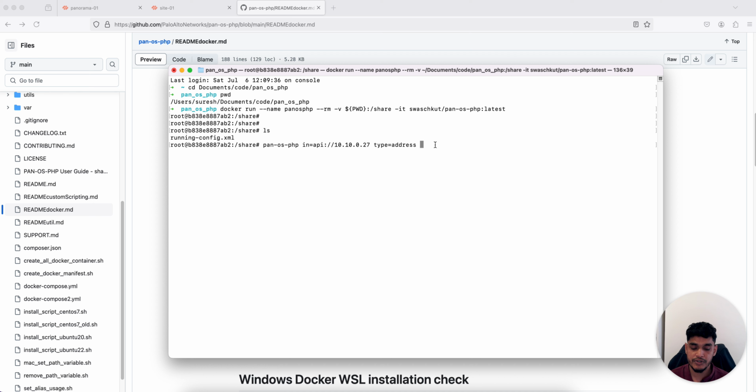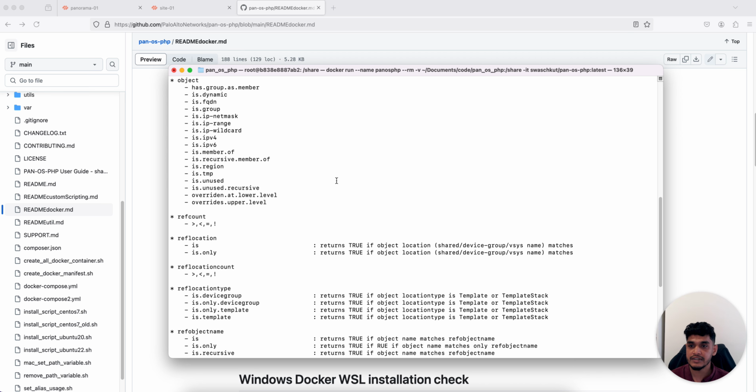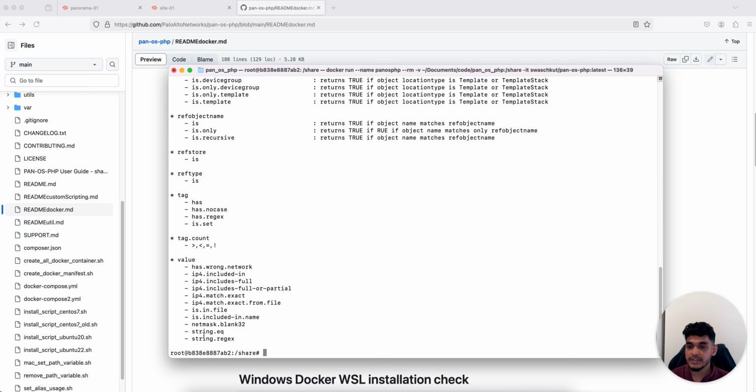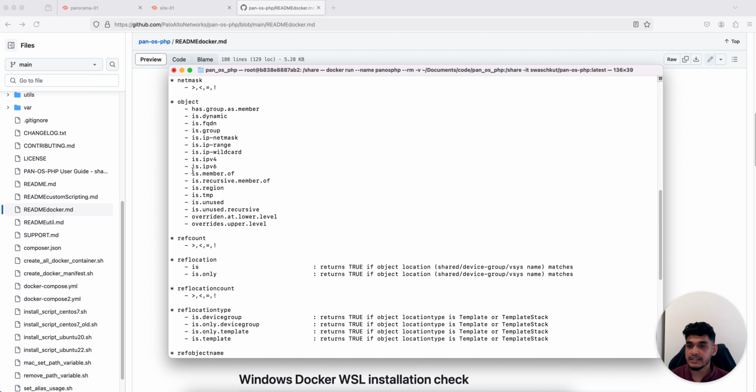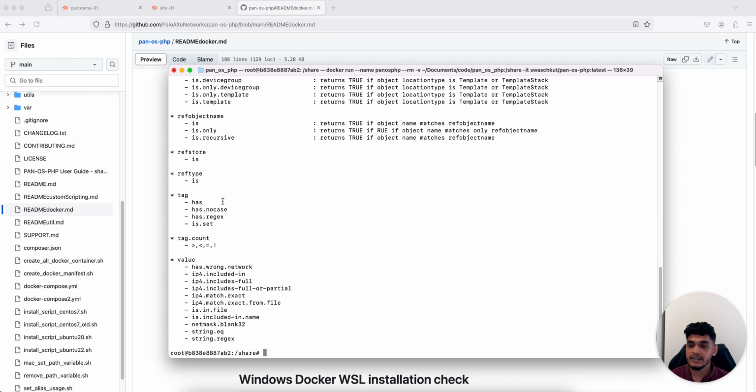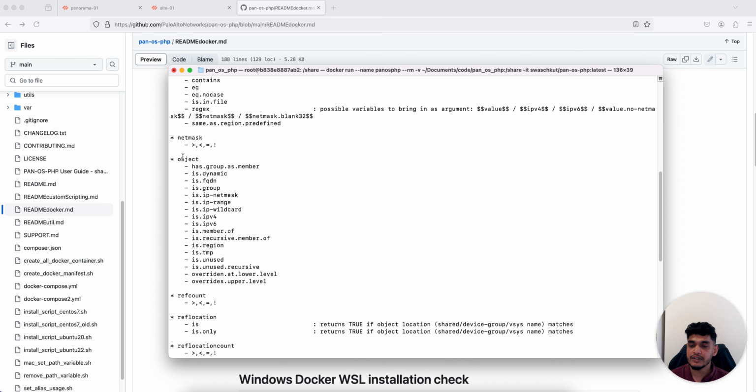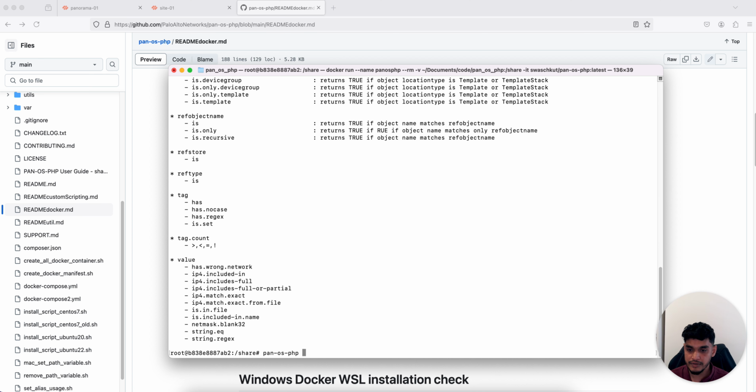So here I'm going to use a filter. Let me quickly show you the filters available to you. If I remove this and say type=address, and then do listfilters, it will show you all the filters available. The one that we are interested in is object is unused. So we are saying we are only interested in the address objects which are unused. So if I do panos-php in=api